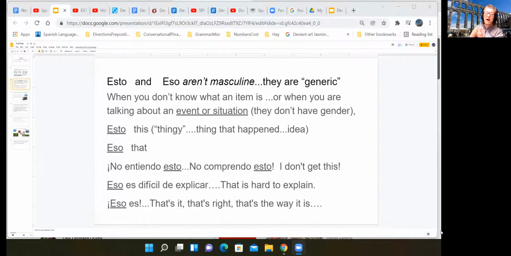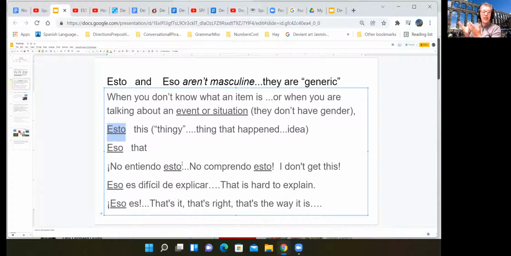People visiting from Argentina might not even know what those fruits are called. They're grown in Colombia and they don't sell them down in Argentina. When people don't know the name for that thing, they'll feel free to use the word esto, this thingy,